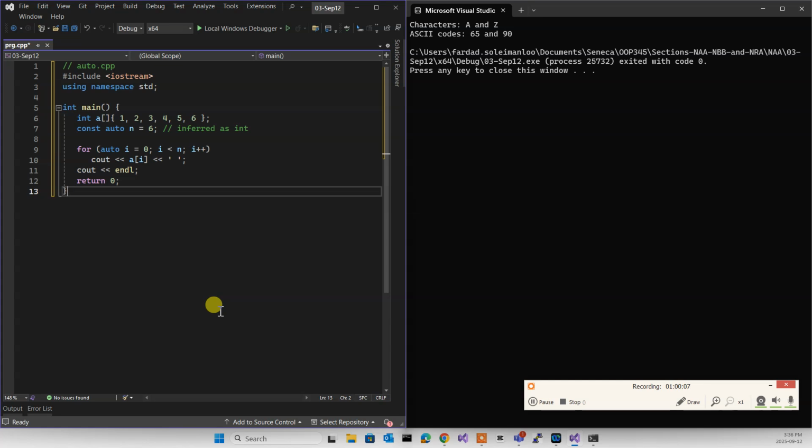And 6 is an integer, so auto will change to an integer. In a loop, I'm writing for auto I is equal to 0. Because 0 is an integer, the I becomes an integer. When you are initializing, if you leave it as auto, it automatically looks at the initialization and creates your variable to fit your initialization. That's called auto, okay?